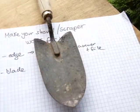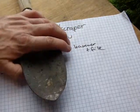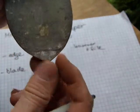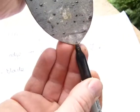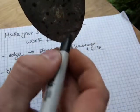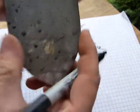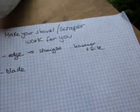This is a garden little shovel thing, but the idea about this is that as you push this shape into compact snow, it requires less force, because when this one is, say, in 1 inch of snow, only this length along the edge is in contact with snow, so you only need to exert a little bit of force to make it penetrate some of the ice or snow. And as you go deeper and deeper, that's how you contact more and more of the edge of this spade shape. Okay, so the force is gradually increasing as you go deeper and deeper,